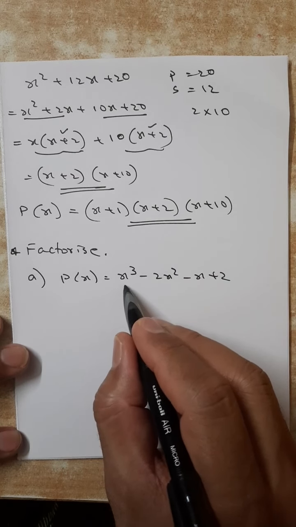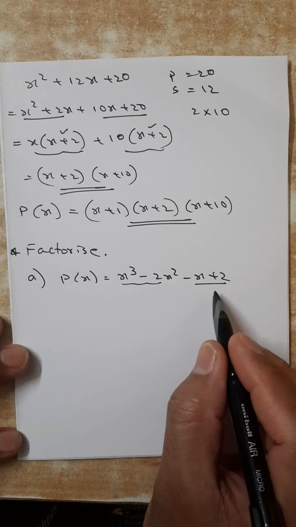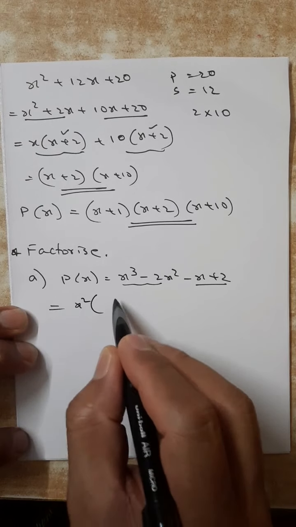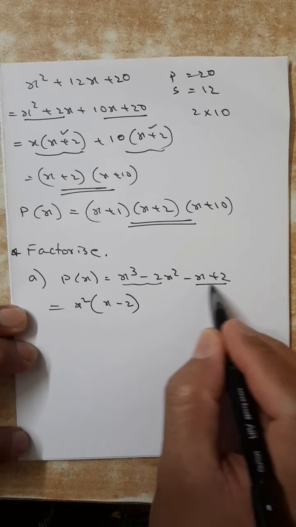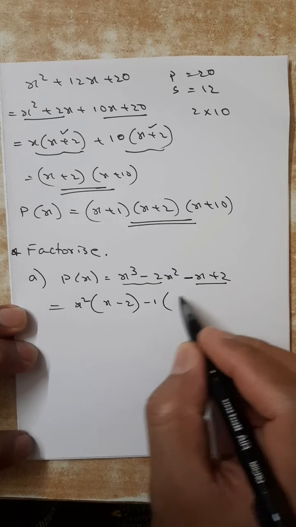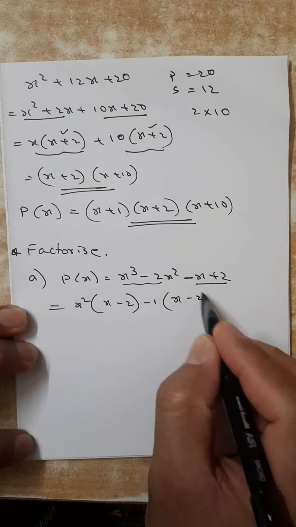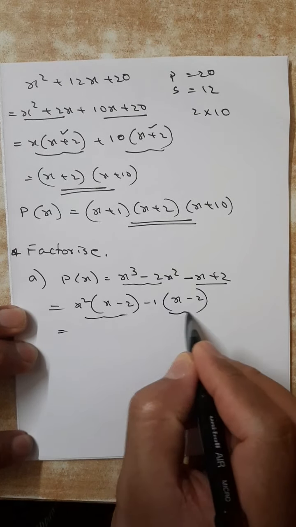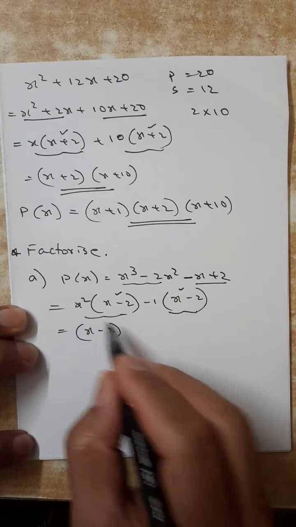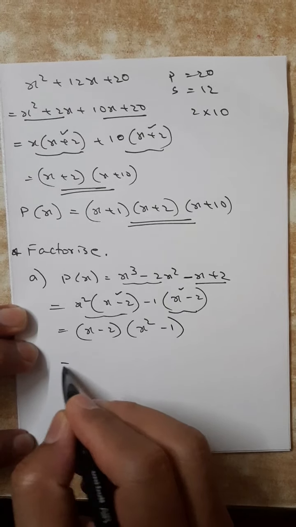So this one has a chance of common, as there are 4 terms in total. Think about that. x square common, x square common, so x minus 2. Here minus 1 common; taking minus 1 gives minus x, and minus is already taken, so minus 2. You see, again x minus 2. x minus 2 is already there in this area. That means x square remains here, and with x minus 2 taken, minus 1 remains.